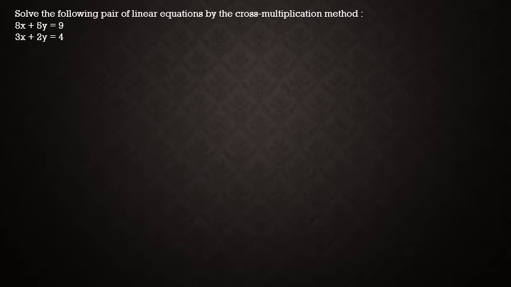Here the question is directly asking you to use cross multiplication specifically in order to solve. You could have used elimination or substitution if the question had not mentioned that you have to use cross multiplication only. But now, because it is the case, you have to use that only. Now, let me explain to you the easiest trick to solve any set of equations using cross multiplication.